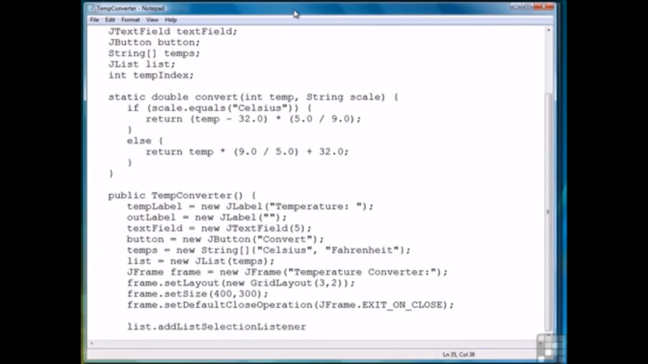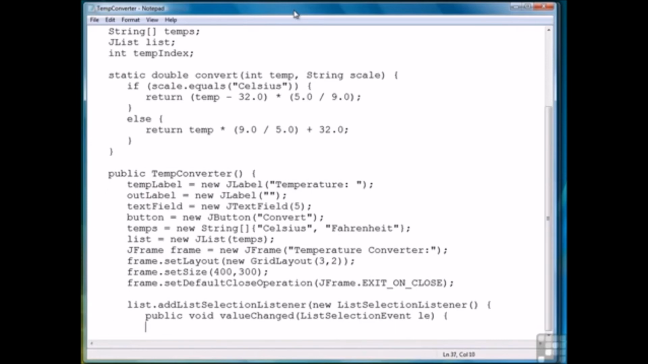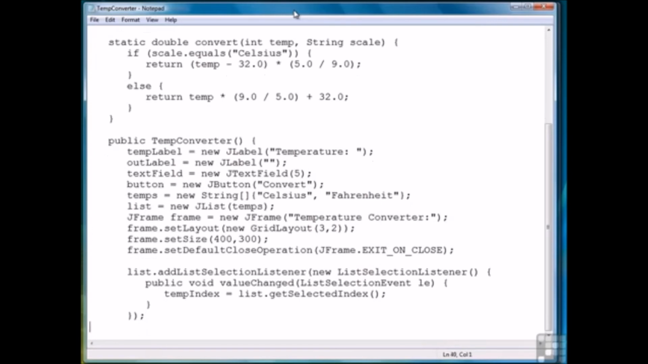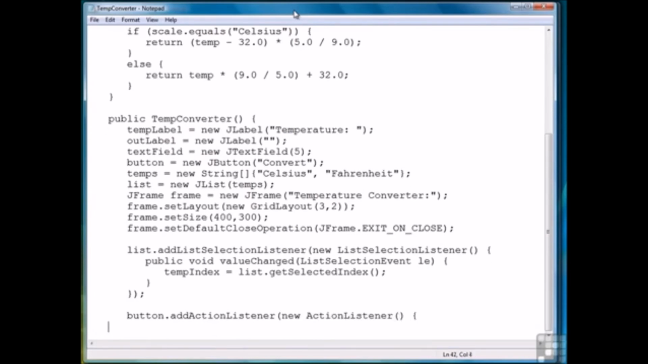First, we'll do our list listener or list selection listener. And for value changed, we're simply going to get the selected index and store it in our temp index variable. So that action is fairly simple. Next, we have our action listener for our button. And for the action performed method,